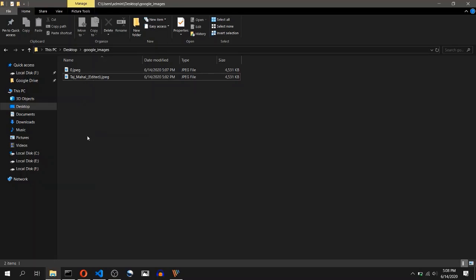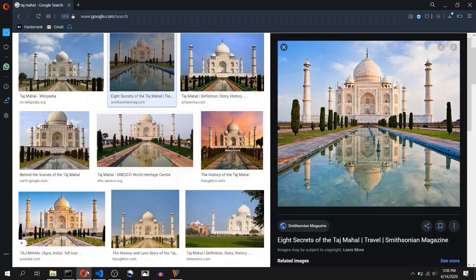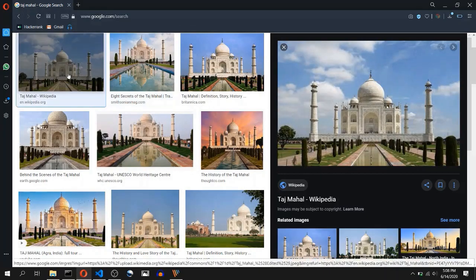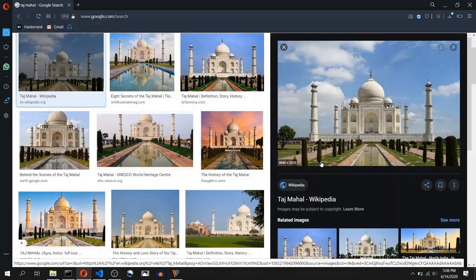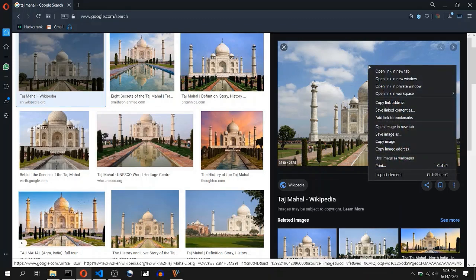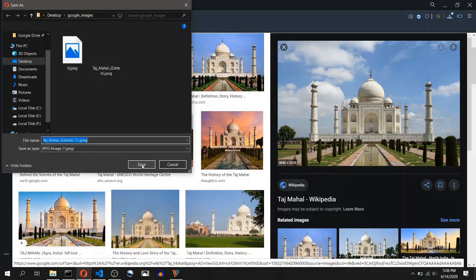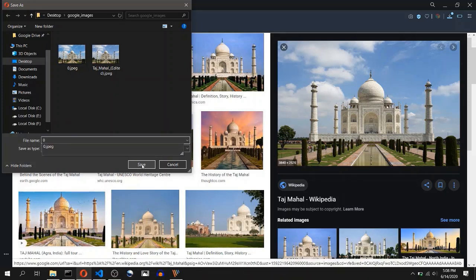Let's see by running this program again to see what happens when there are already files inside this folder. I will again go on this image, run the program, jump to browser and wait. The right click has been clicked. The Save Image As button has been pressed. The file name is 0, that is the starting value of the I. It will jump to the folder URL.